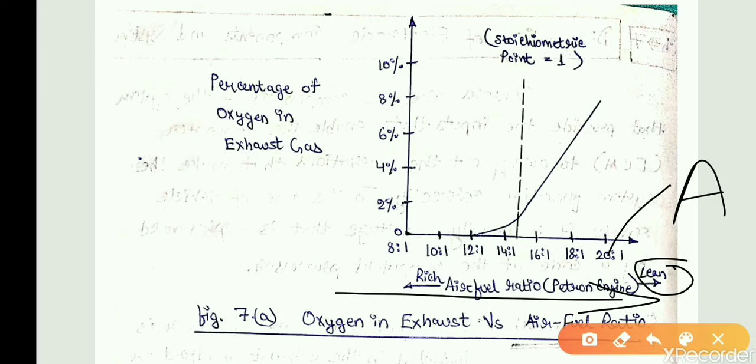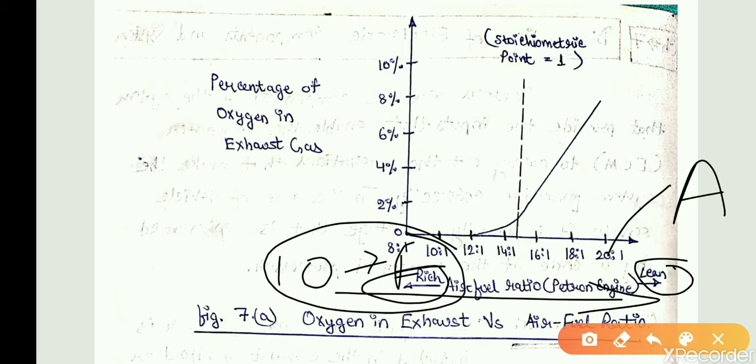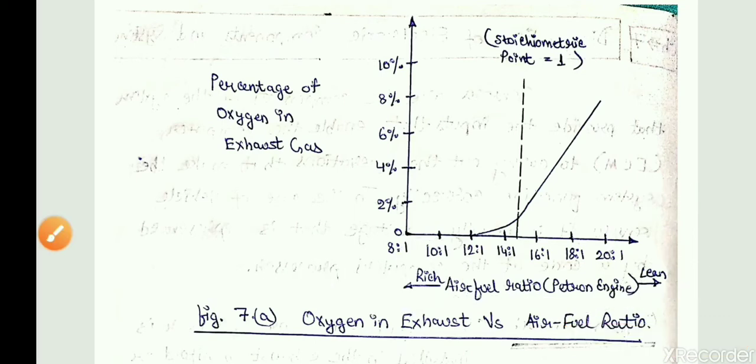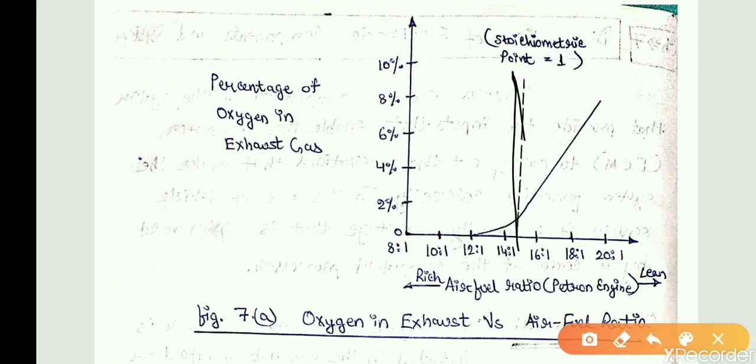Okay, and over here you see this is the rich mixture. So what happens here, the fuel particle is 1 particle and 10 molecules are used to burn the 1 particle of fuel. That means over here you will get more power, more torque, more bhp of an engine, and lean mixture will provide you fuel efficiency. Okay, and this is the stoichiometric point, that is 14.7:1. That means this is the best result where you can get both power as well as fuel efficiency.